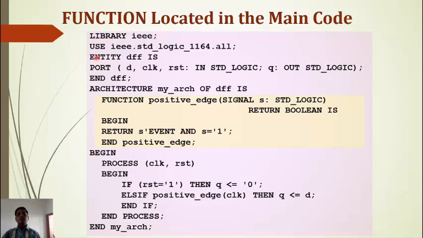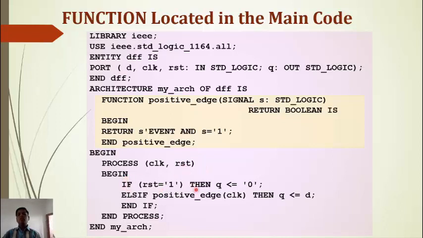Library IEEE; use IEEE.std_logic_1164.all; entity DFF is port(D, clock, reset: in std_logic; Q: out std_logic); end DFF; architecture my_arc of DFF is function positive_edge(signal S: std_logic) return boolean is begin return S'event and S = '1'; end positive_edge; begin process(clock, reset) begin